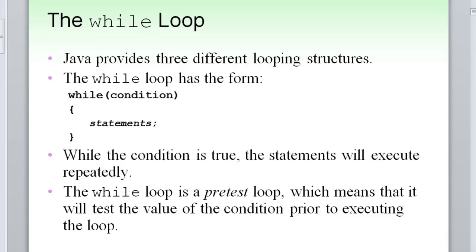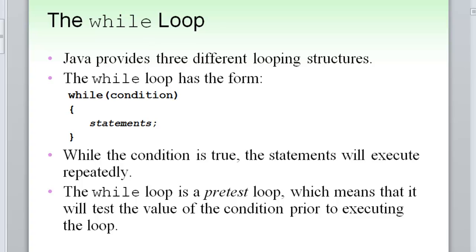In the book, they call the while loop, the do while loop, and the for loop, which are three of the loops we will talk about, the three that Java provides, looping structures. In a lot of other literature, you will hear the term repetition control structure. You might also hear the term iterative control structure because they iterate. Now,